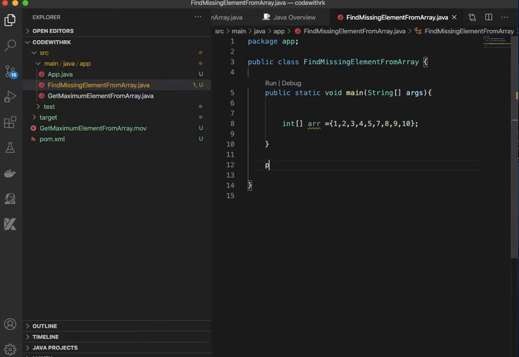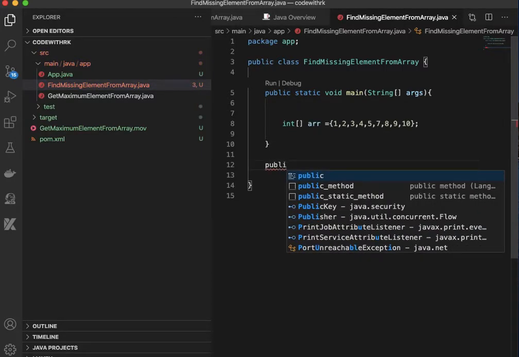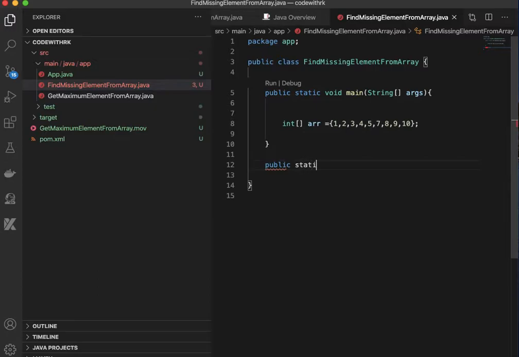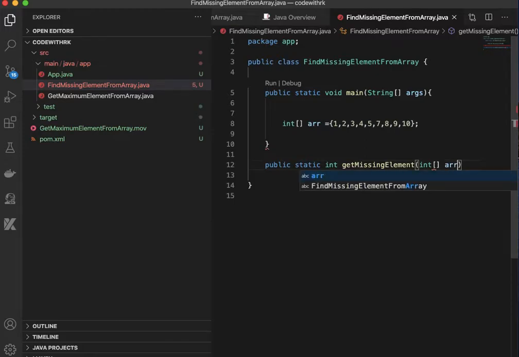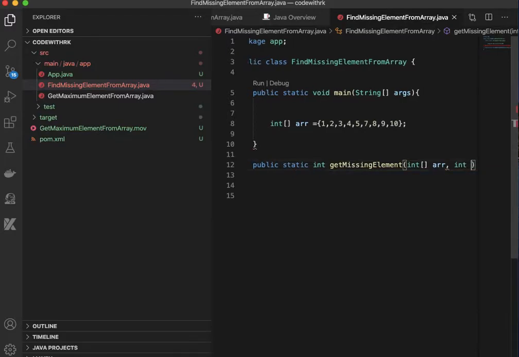So I am just going to create one method, one function, basically public static int getMissingElement, right? Now what I am going to provide is that array into that function and the array size, so int n, basically.